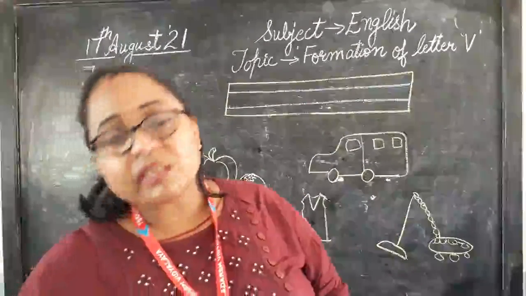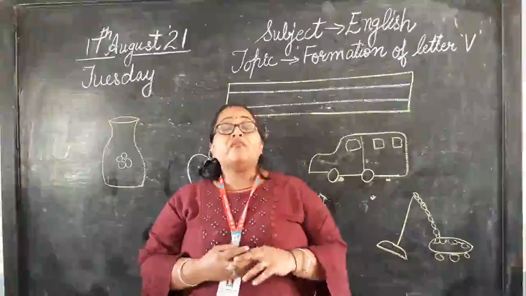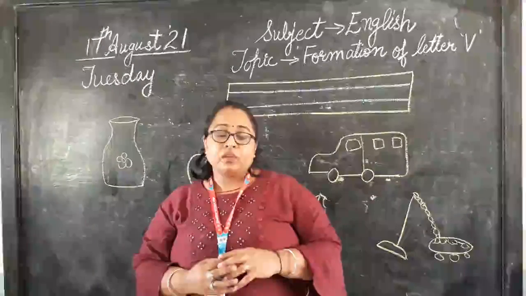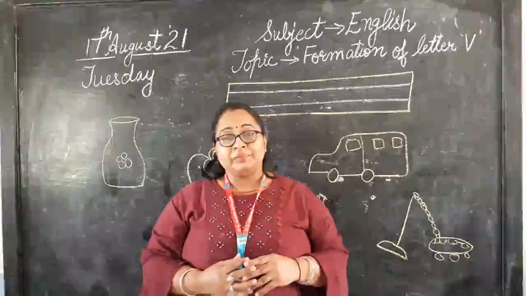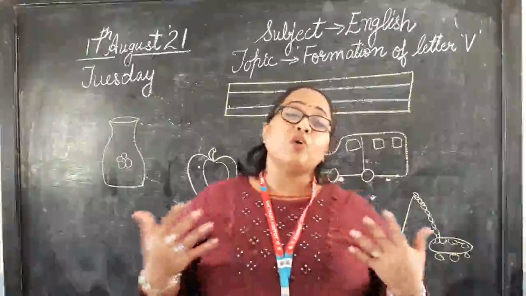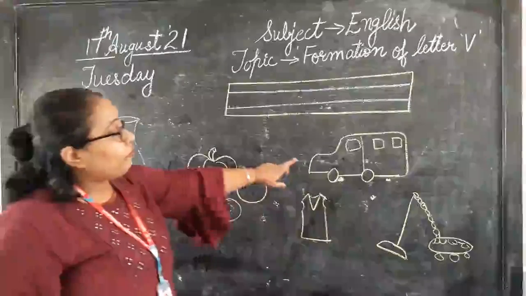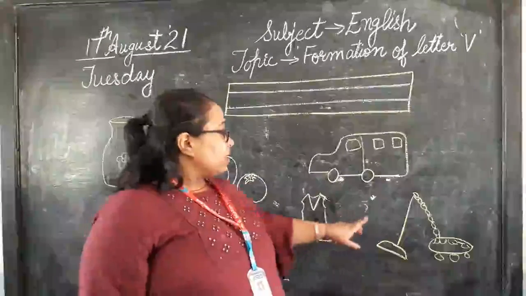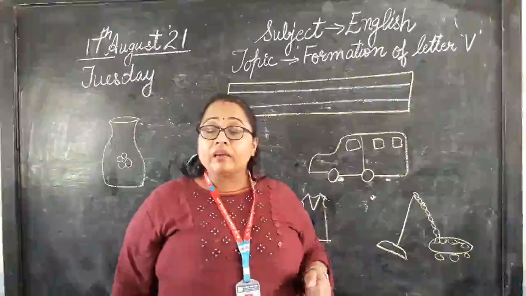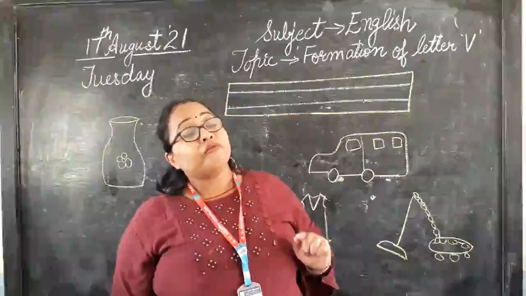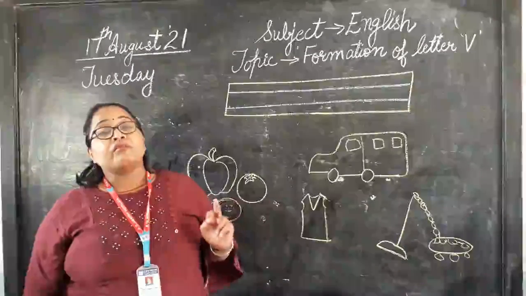Then we have vinegar. What is vinegar? Vinegar एक बहुत ही tangy सा खट्टा वाला liquid होता है, which is used in preparing food items. So vinegar, आप मम्मा को बोलोगे vinegar दिखाने के लिए, she'll show you. Vinegar. Is that clear to all? So we have learned about so many: vegetables, van, vest, vacuum cleaner, village, vulture, violet color, all beginning with letter V. And the sound of this letter V is V.